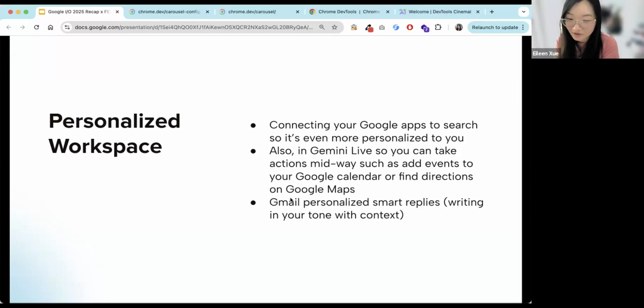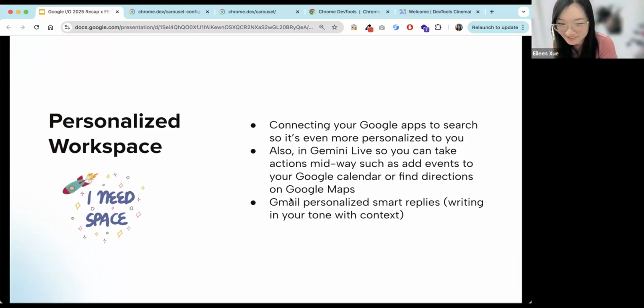I think that is also getting very personal, right? It knows your context, so it can go to your calendar, understand what events are happening, and use that as a reference to talk about events. Maybe you're responding to someone and agreeing to meet with them, but you forgot that you had another event. Google will know exactly, before you even realize that you've almost double booked yourself. It just knows, oh, actually you can't do that day because you already have an event. So it's just that part, like Google knows too much about us.